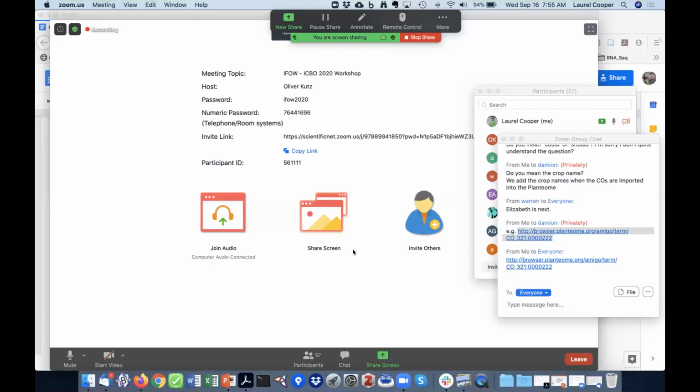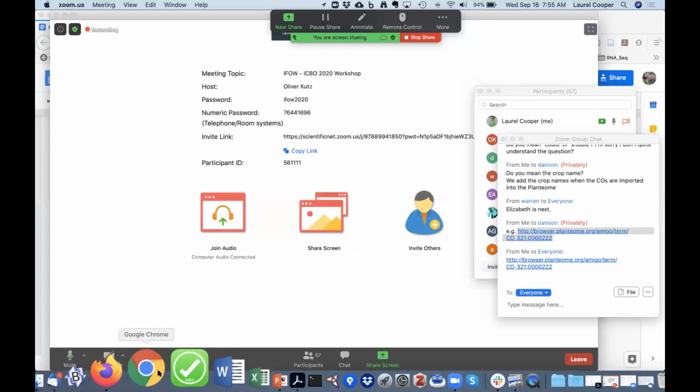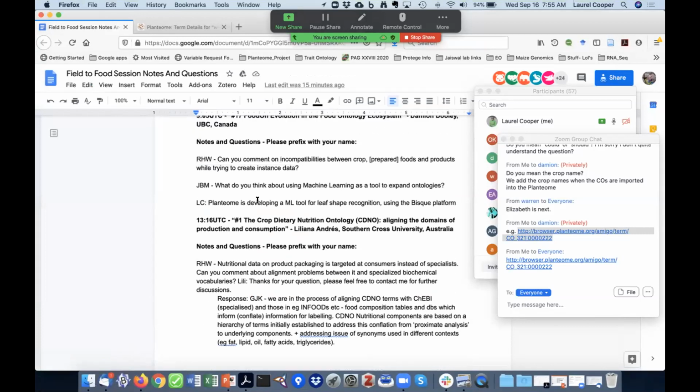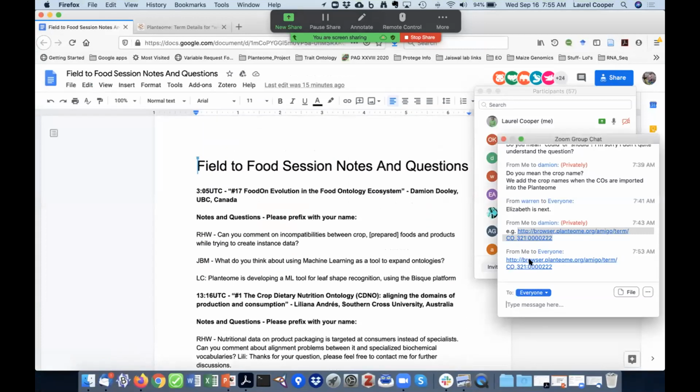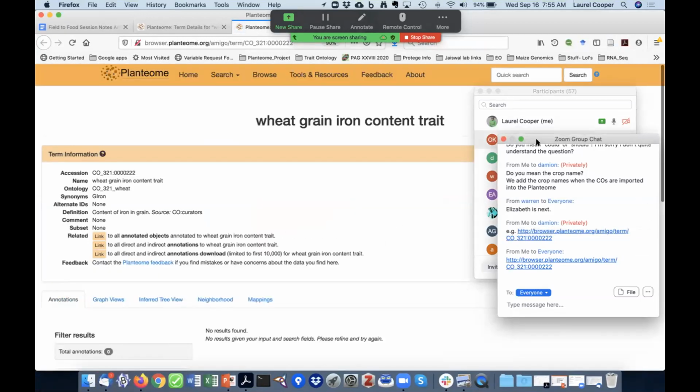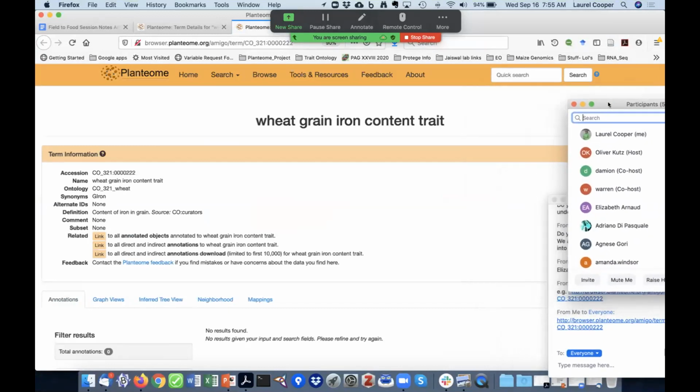Or I can share if you want. Sure, you take the show. Sure, I'll do that. Okay. So I didn't cover all the details on this, but here we go. In comparison to that term that you just saw in the OLS, which is the same term, the CO 321